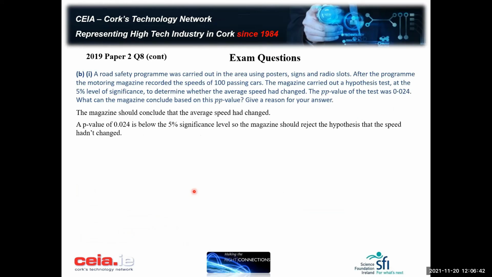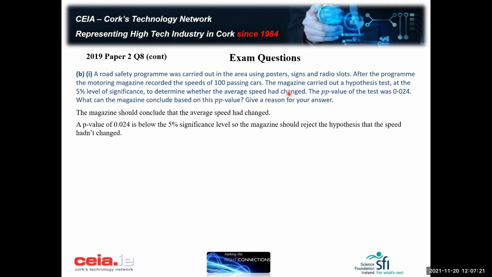Okay, this is a continuation of the same problem. Here, they're giving you a similar problem. It's not necessarily using the same numbers. Here you've got a sample of 100. We don't need to use that yet. They're telling you that they ran a hypothesis test at 5% level of significance